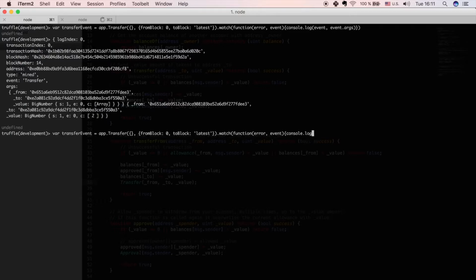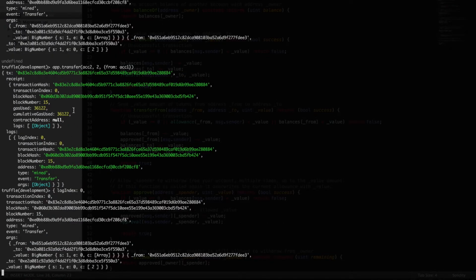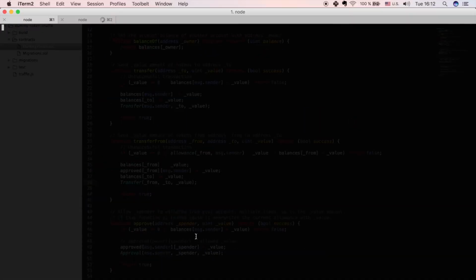But now if we do transfer again, for example, we will be able to see that this new event has been caught, where 2 tokens have been transmitted from this account to this account, and it has been mined at this transaction, whose hash we can see here. Now we can stop listening to this event by typing transferEvent.stopWatching, and it returns true. So now if we do another transfer,